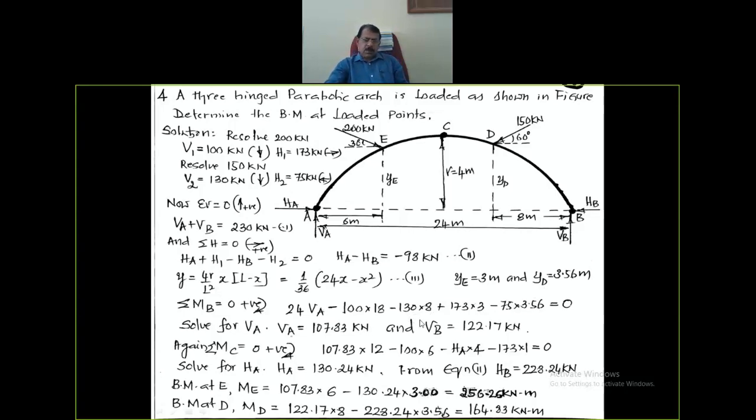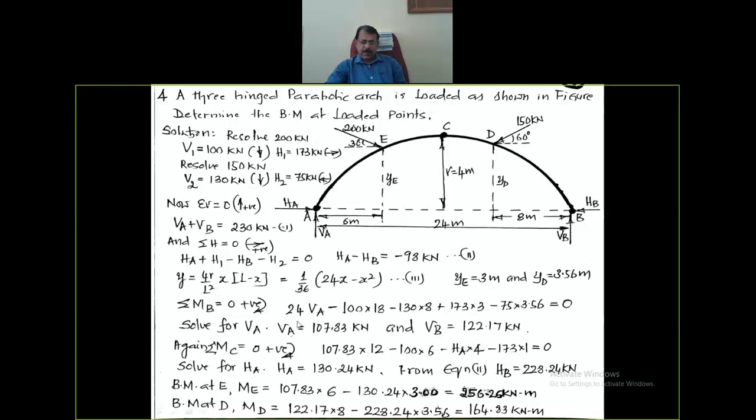Further, taking moment about the point B, that can be mathematically written as sigma MB is equal to 0, treating clockwise moments as positive. Write down the moments of all the forces lying between A and B about the point B, assuming that moment due to upward force is positive, moment due to downward force is negative, and the moment of horizontal thrust is taken similar to the downward load.